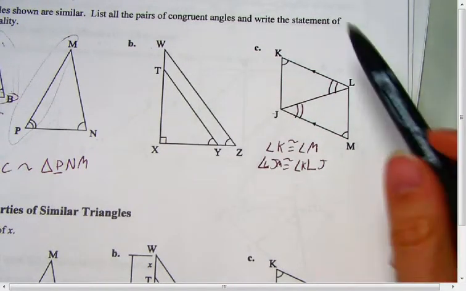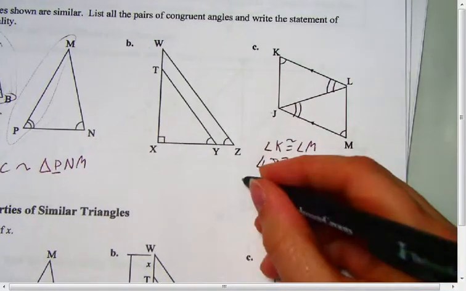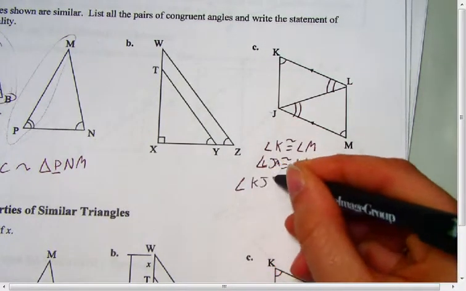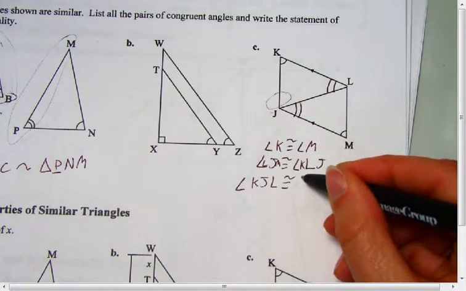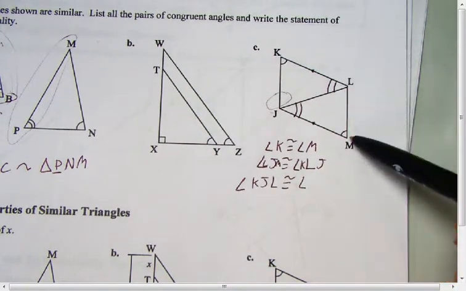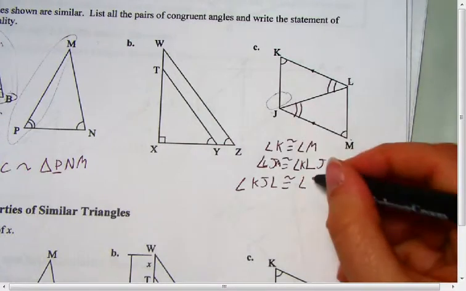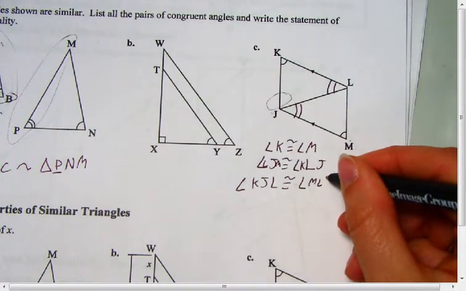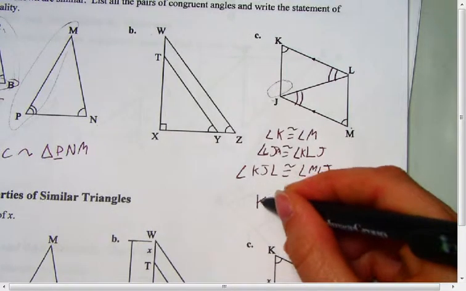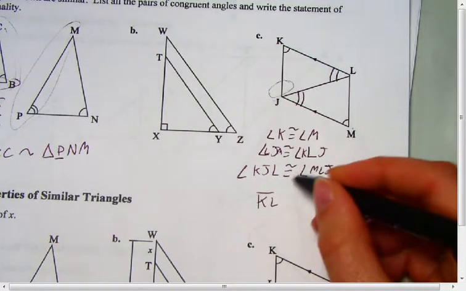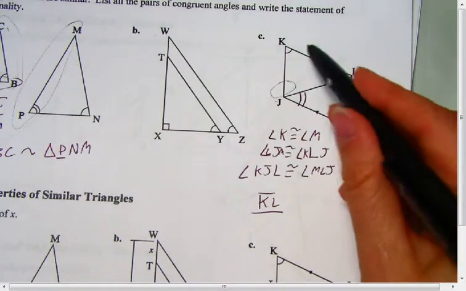Okay? And then I want angle KJL, so this one right here, is congruent to what angle? It would be MLJ, right? Okay. And then KL over, I want this side